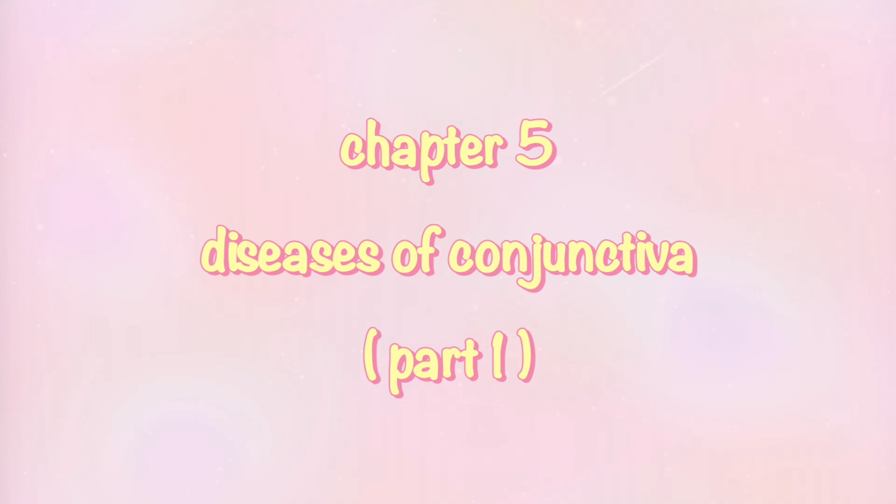Parts of conjunctiva. Conjunctiva can be divided into 3 parts. The 3 parts are: first one is palpebral conjunctiva, the second one is bulbar conjunctiva, and the third one is conjunctival fornix. Palpebral conjunctiva, it lines the lids and can be subdivided into marginal, tarsal, and orbital conjunctiva. Marginal conjunctiva extends from the lid margin to about 2 mm on the back of the lid, up to a shallow groove which is known as the sulcus subtarsalis. It is actually a transitional zone between skin and the conjunctiva proper.